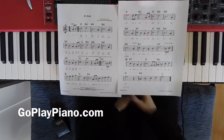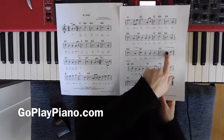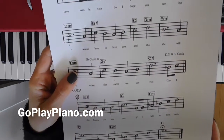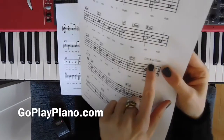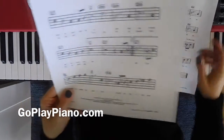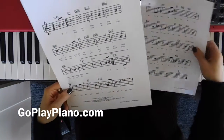But let me show you one more element in this lead sheet. Right here, we have something called D.S. al Coda. I'm going to bring this a little closer to the camera. D.S. al Coda means go back to, see this little symbol right there? That is called a segno sign. So I'm going to go back to the first page, starting at this point. So it would sound like,